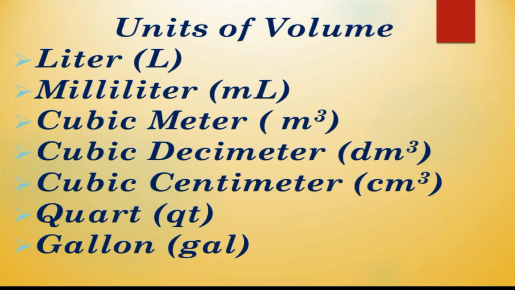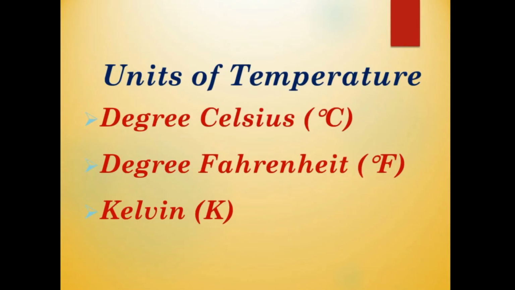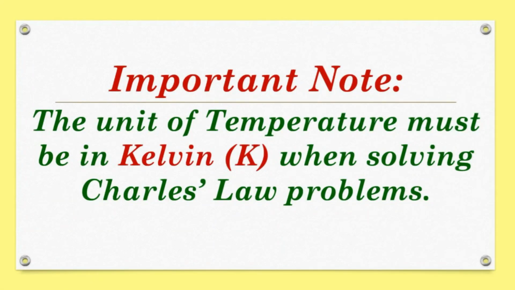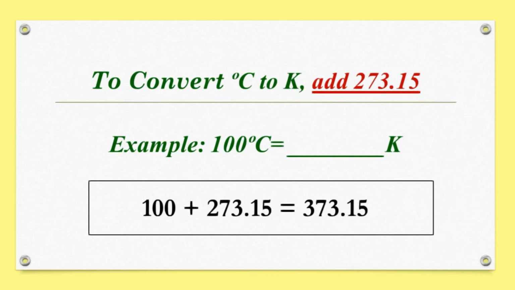Again, I am reminding you that it is important for you to know the units of volume. These are liter, milliliter, cubic meter, cubic decimeter, cubic centimeter, quart, and gallon. And these are also the units of temperature: degree Celsius, degree Fahrenheit, and Kelvin. Please bear in mind this important note that the unit of temperature must be in Kelvin when solving Charles Law problems. To convert degree Celsius to Kelvin, add